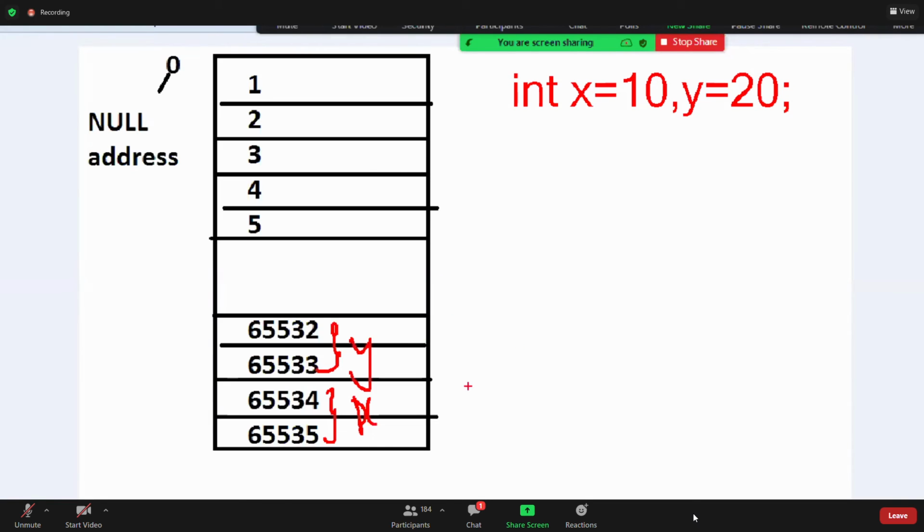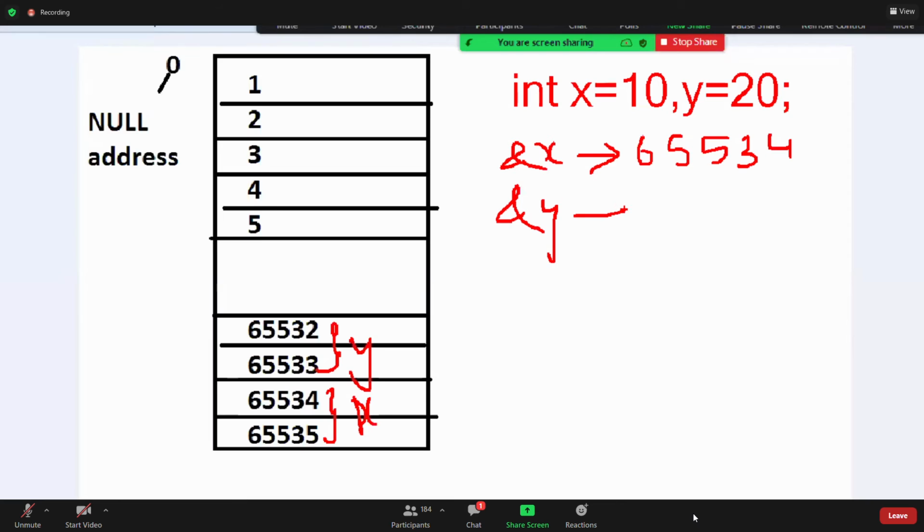Y is 20. Now if I ask for the address of x, what is the address of x, guys? The address of x is 65,534. If I ask for the address of y, what is it? Now 65,532. The data will be stored from higher order to lower order in stack.